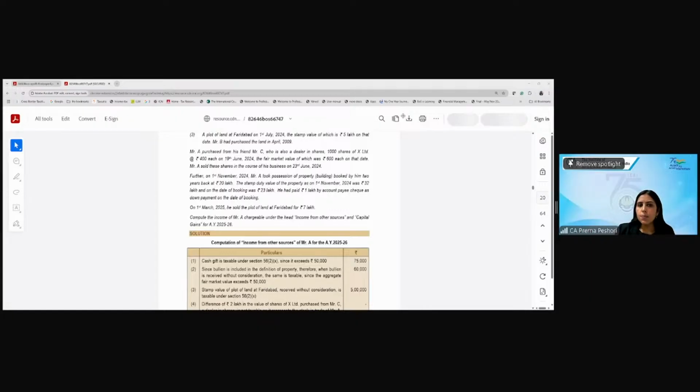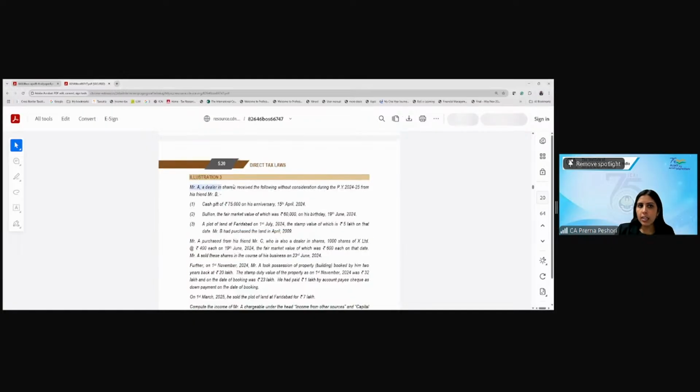So he is purchasing this in the course of his business. And if you read the first line, he is a dealer in shares. So Mr. A is a dealer in shares and he has purchased these shares, right? So this is stock in trade, isn't it? And he has also sold these shares, himself being a dealer. Yes, he has sold the shares in the course of his business. So whether this is going to be